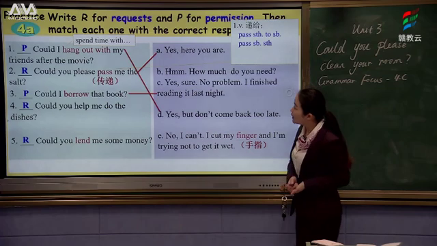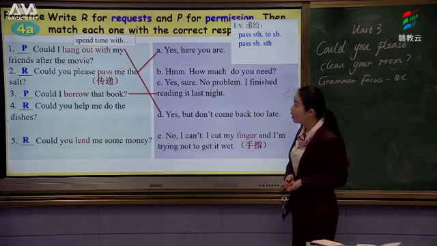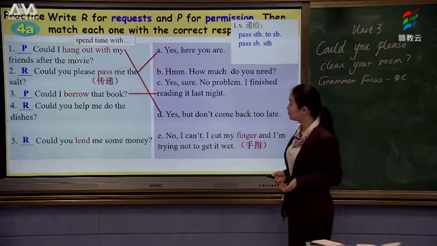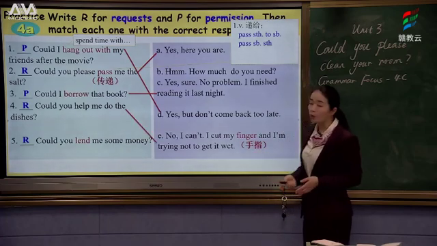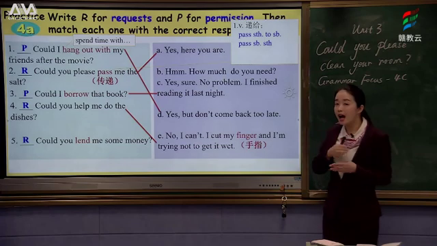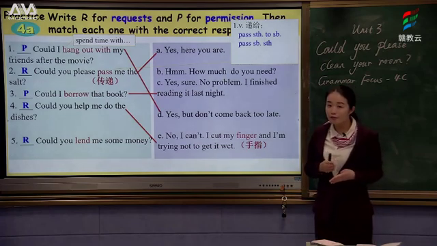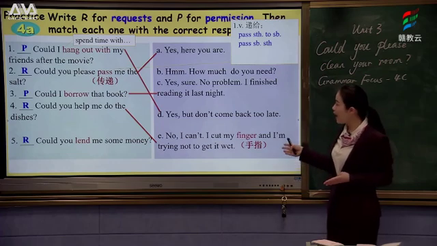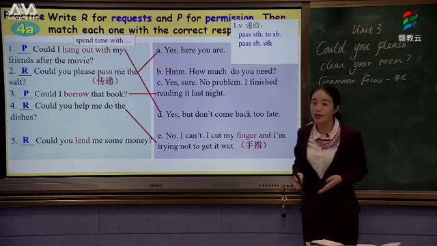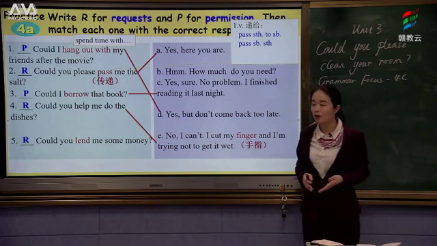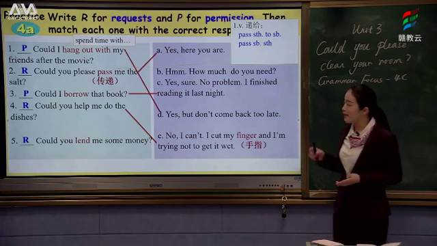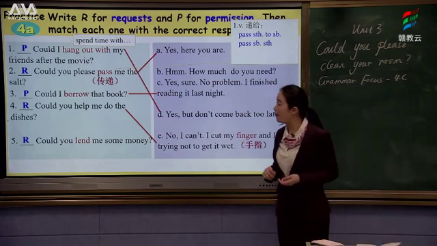Okay, now let's see number 4. Could you help me do the dishes? No, I can't. I cut my finger. Finger. 手指. I cut my finger and I'm trying not to get it wet. 我尽量不去打湿它。